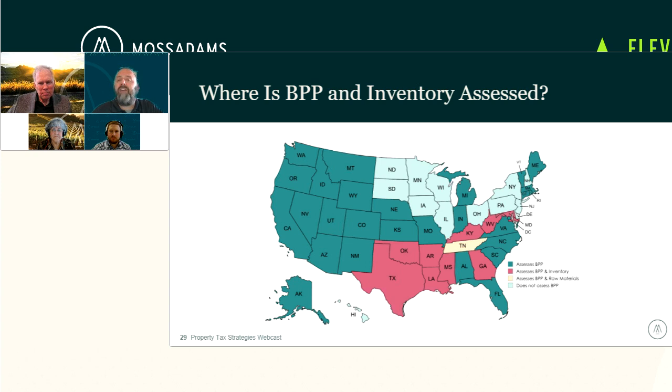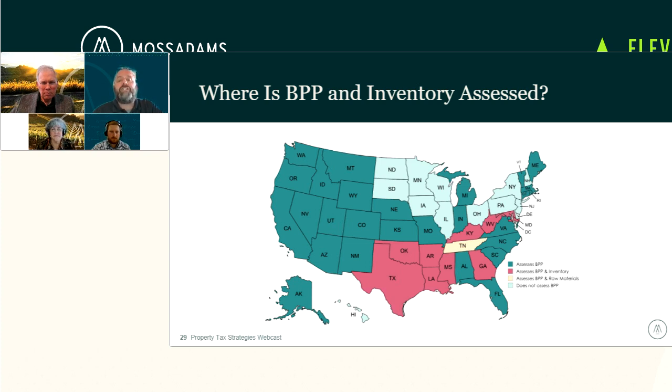You have Tennessee. If we have anybody in Tennessee, it is a little bit of an oddball state, and not just for property tax. No, I joke. But for property tax, you're talking about the fixed assets as well as just raw materials are assessed there. So your manufacturers are getting a little bit of extra liability added to there.